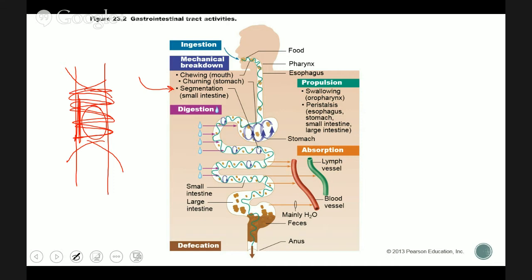So after we mechanically break down the food and then we let the chemicals get at the food and we start to digest the food chemically and break it apart, now we've broken apart the components so small that now they can be absorbed. One of two places. Number one, we can absorb the food through the blood vessel. So carbohydrates and proteins, those will be digested and absorbed through the blood vessel. Not digested through the blood vessel, but absorbed through the blood vessel. Fats or lipids, too large to fit into the blood vessels. So the fats and lipids,